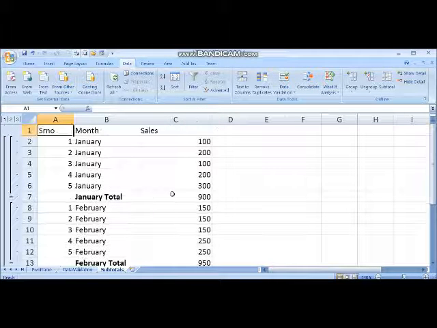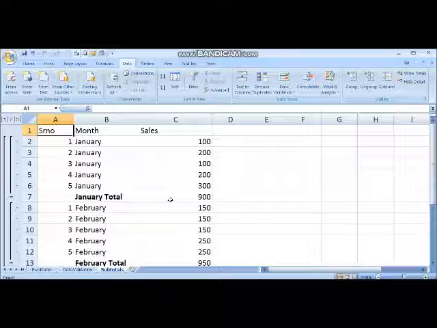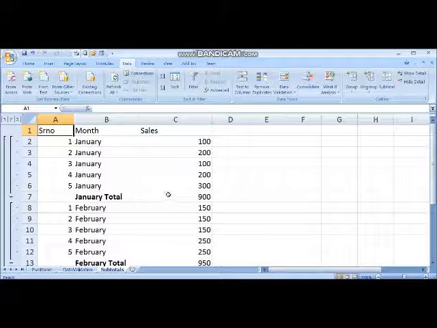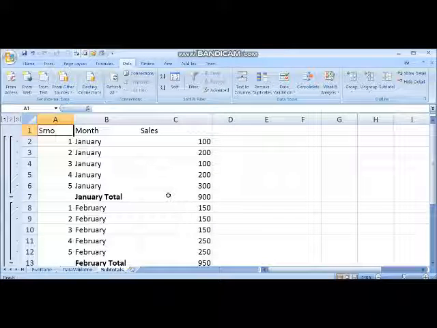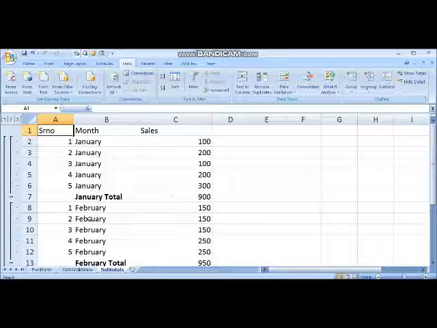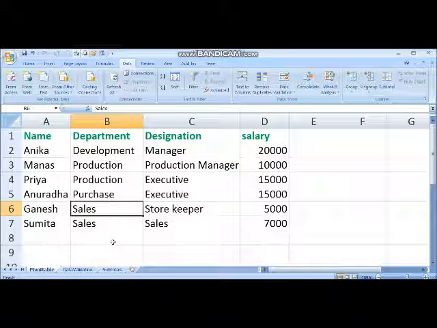Now the third activity is your pivot table. Now what is this pivot table? Okay. Pivot table is used to consolidate and summarize the data. The data you are presenting, if you want to consolidate that, if you want to summarize that in a different format, then you are going to use a pivot table. Pivot means you are giving your directions.